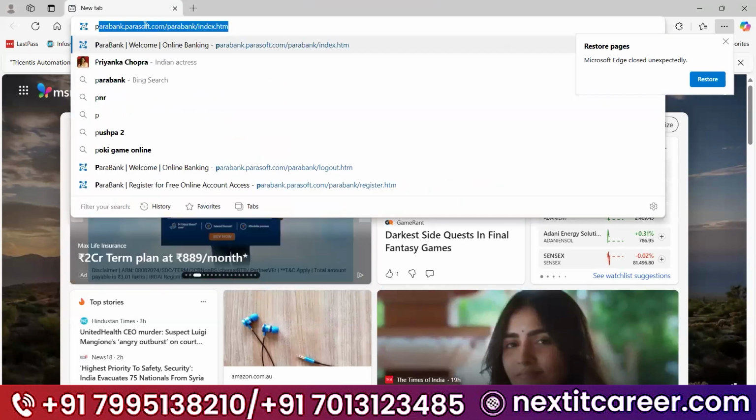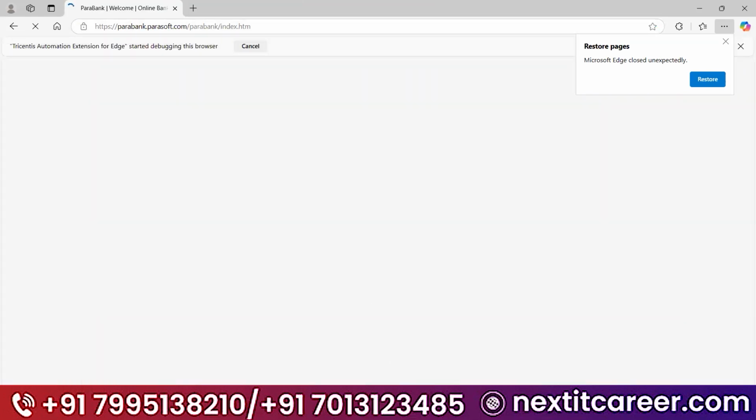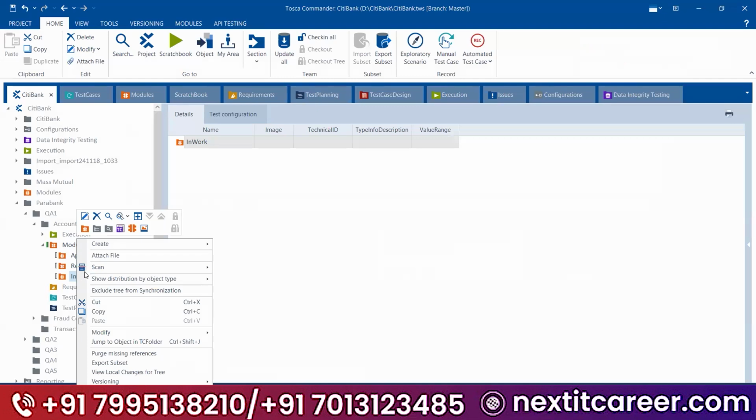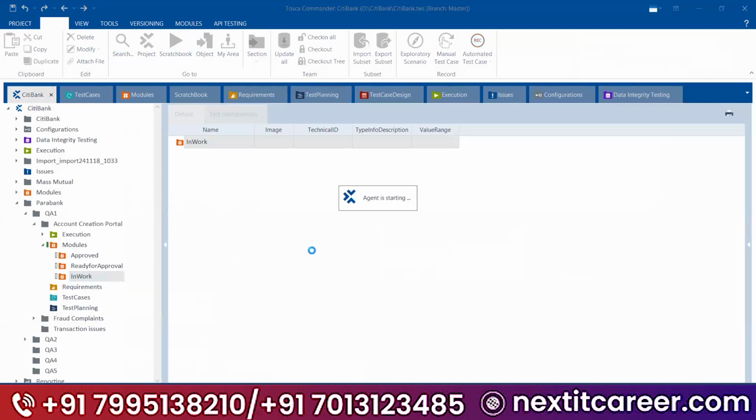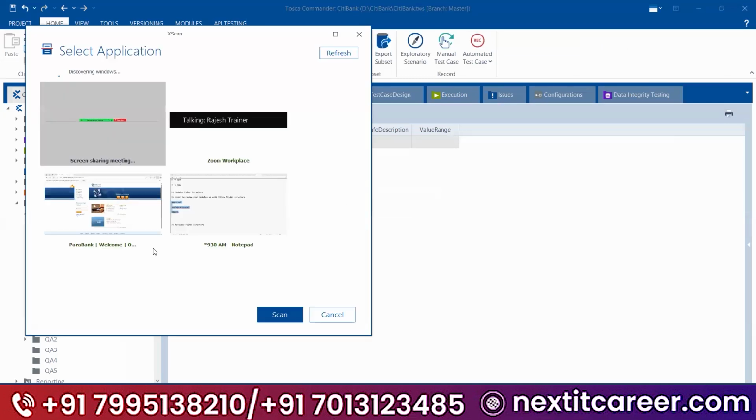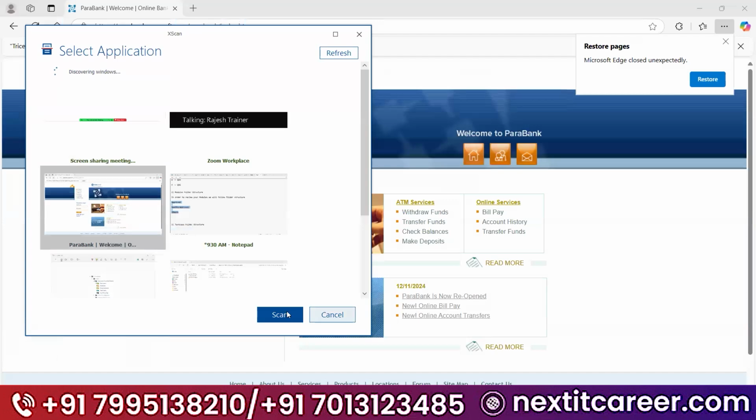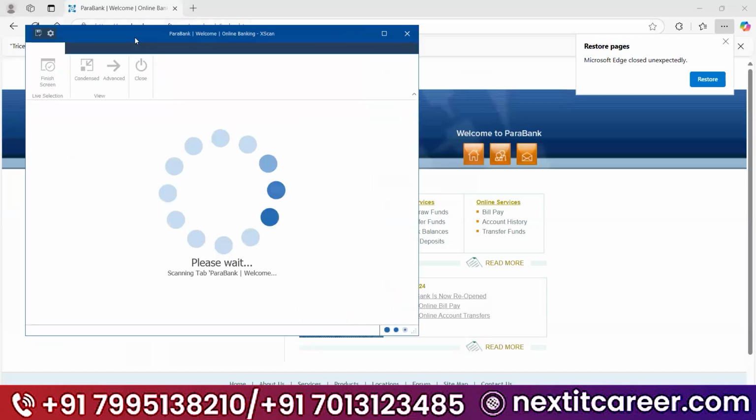Once you have scanned the module, then you need to see, for example, I'm scanning. How you are scanning, I will tell you in the next class. But follow the folder structure. You need to follow the folder structure like this. For example, if you scanned a couple of modules, how you will scan them, I will explain, guys. I'm just giving a hint.